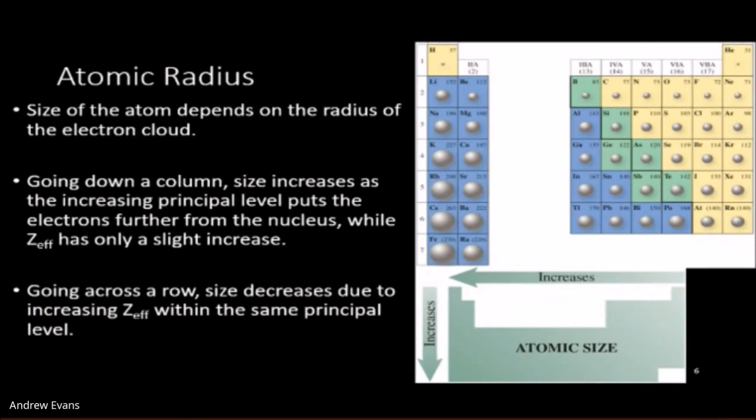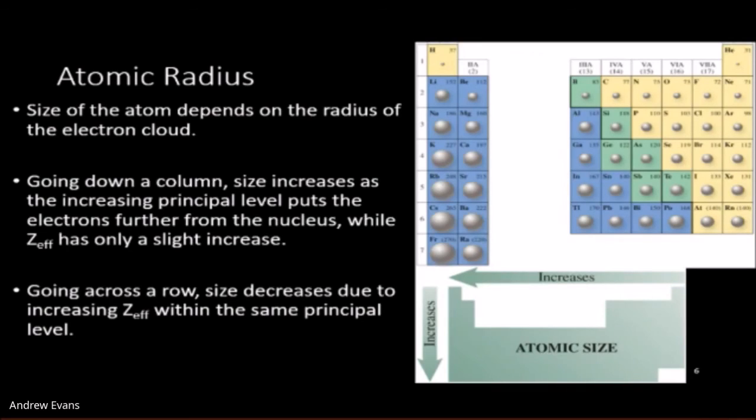And how is this going to relate to atomic radius? Remember, protons attract electrons. The electron cloud is where the size is at. So if we have a greater nucleus, a greater magnet in the center, the cloud is going to be pulled in tighter. You have a greater strength that's going to suck in those electrons, get them closer and closer to the core. The greater Z effective, the more we're going to pull those electrons in.